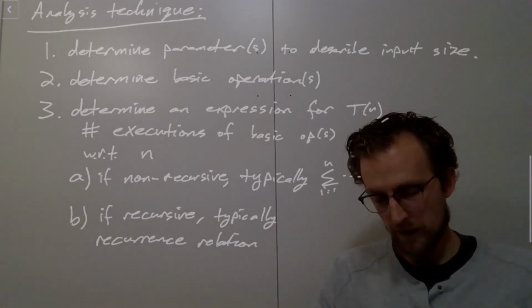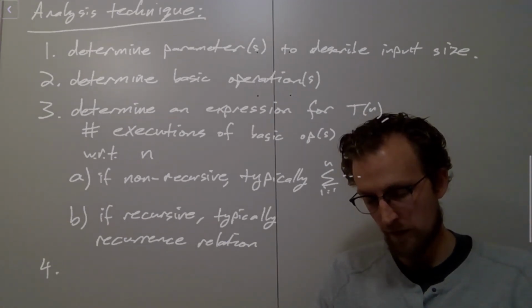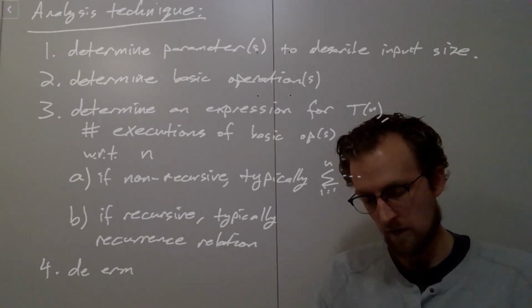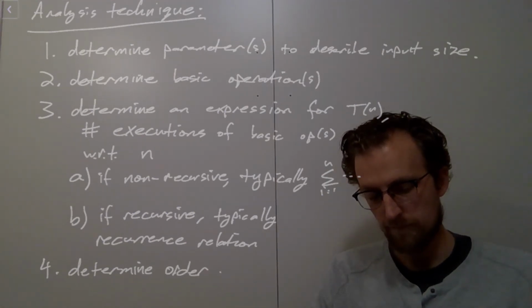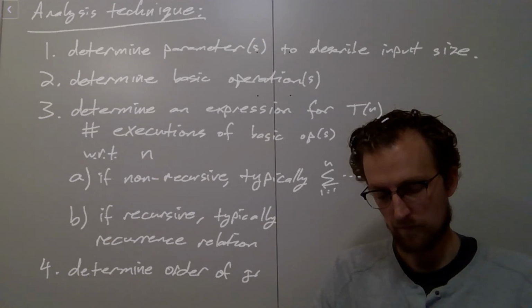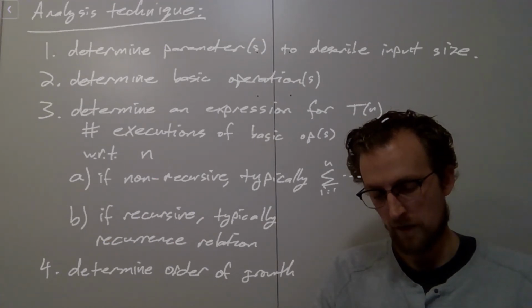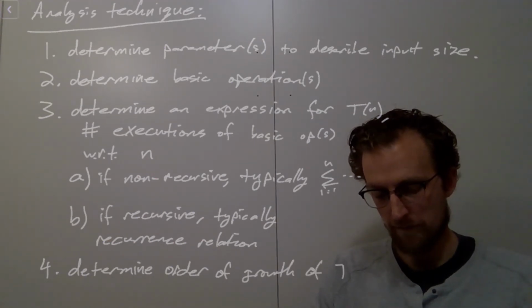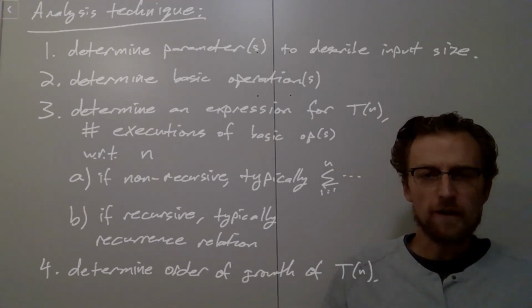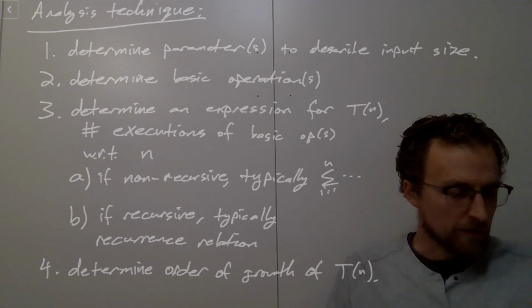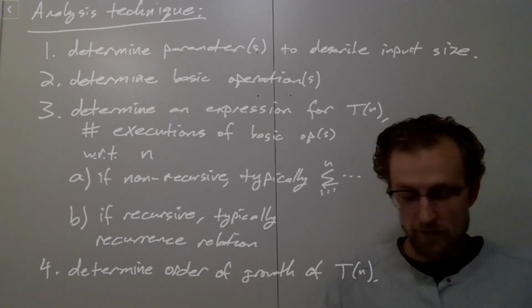So once you've found this expression, now number 4 is you determine the order of growth of T of n. And that's the goal. The goal in the end is to find this order of growth and make sure that we know something about this. So here's an example,